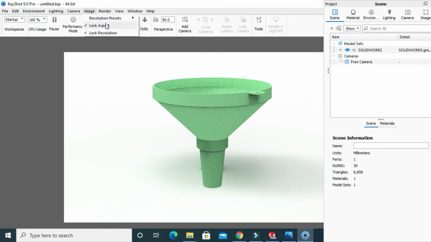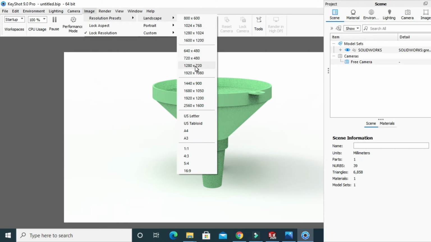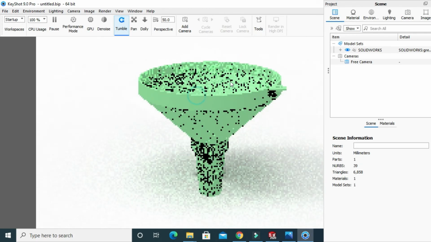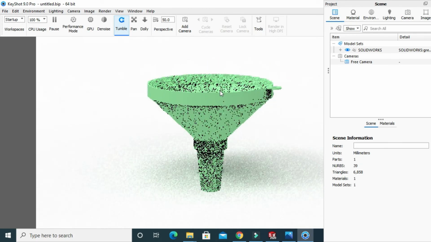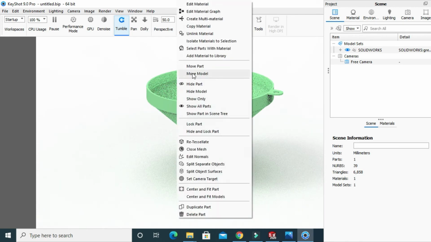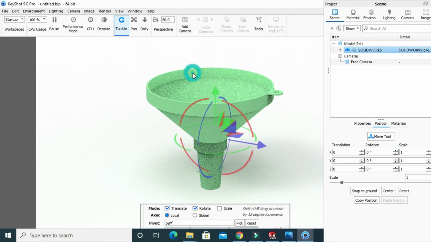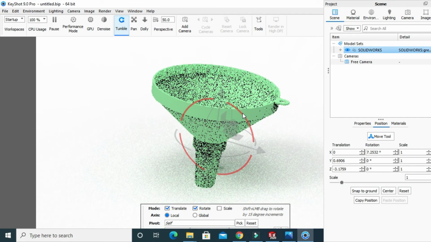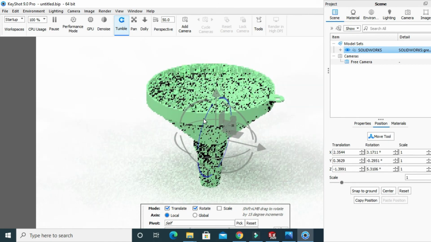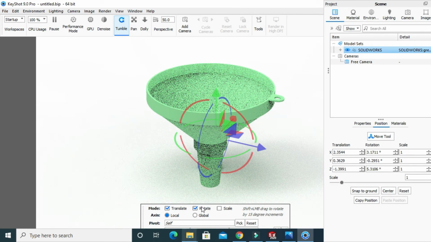Just go to render. In fact, before going into render, I'll go to image settings, the output, go to landscape, and I need 1280 by 720. And I'll just rotate my model, and I have to move my model in one of these axes, and I think it's okay.